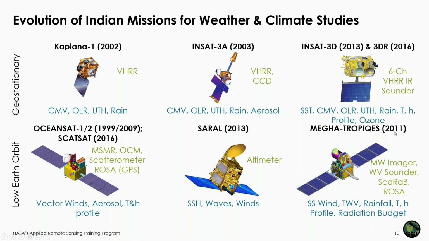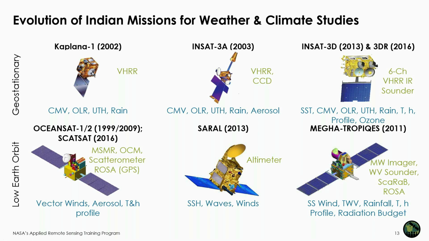And in 2011, along with the French also, another satellite was launched, which was called Megha-Tropiques, and it was supposed to study the winds and the rainfall, temperature, humidity profiles, and radiation budget in the tropical regions of the globe in a polar orbiting platform. So today we are going to focus only on INSAT 3D and 3DR related applications of